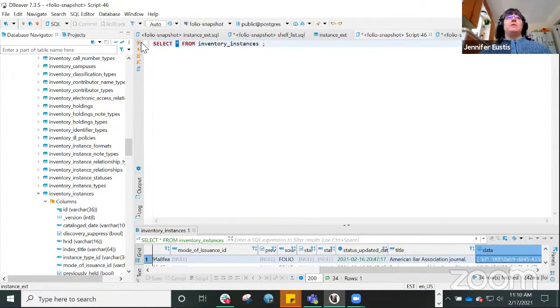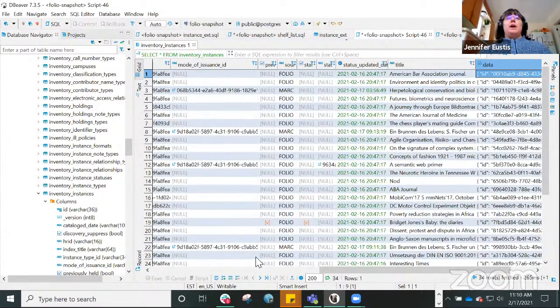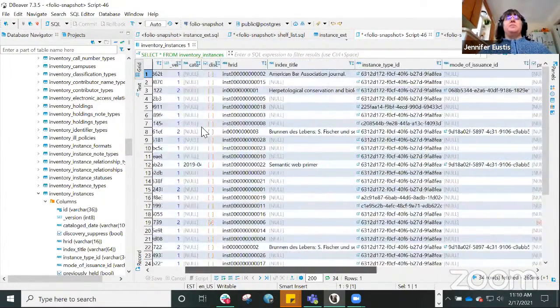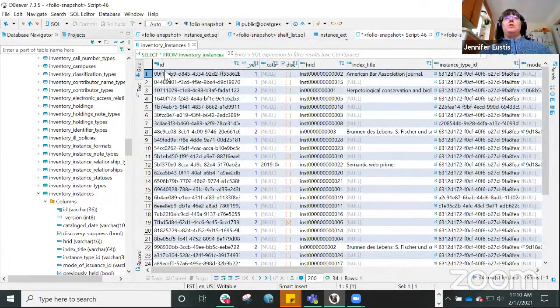And I already ran it. I can run it again. Here's how you do that in DBeaver. And let's take a look at the results. So here, things that obviously shouldn't be a surprise. We get the ID, which is the UUID. Remember, these are instances, so FOLIO instances, the version of this record, the catalog date. This is sample data in Snapshot, so it is normal not to have information that is filled out,